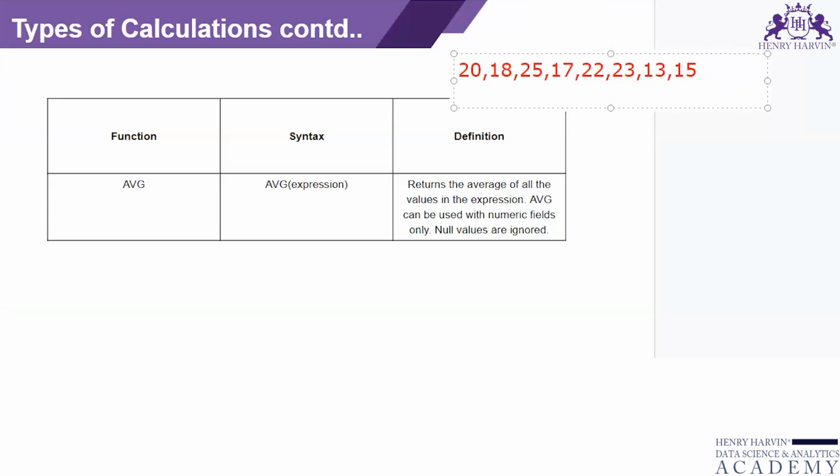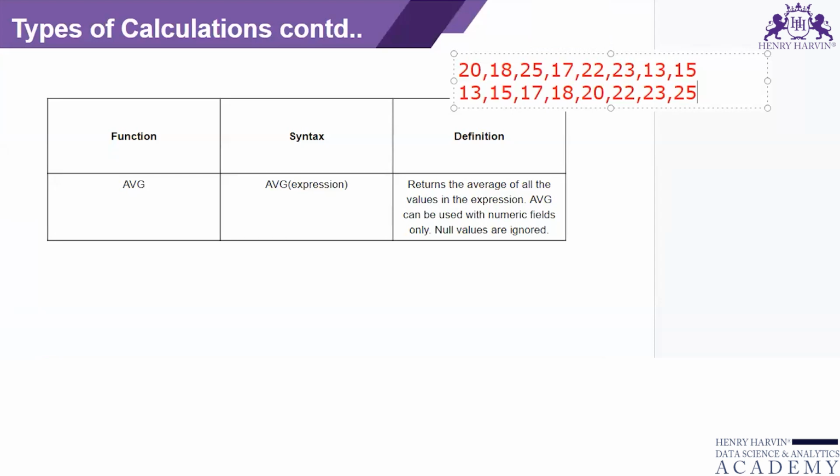So if I sort this data in ascending order, it will go something like this: 13, 15, 17, 18. Okay. Then 20, 22, 23, and 25. Now, how many numbers are there? 1, 2, 3, 4, 5, 6, 7, 8. There are 8 numbers. So my middle value will be, there is a simple rule for